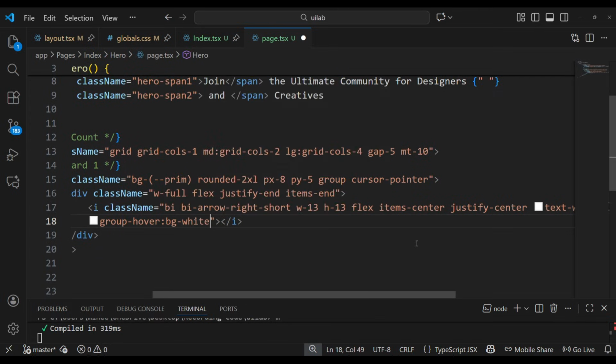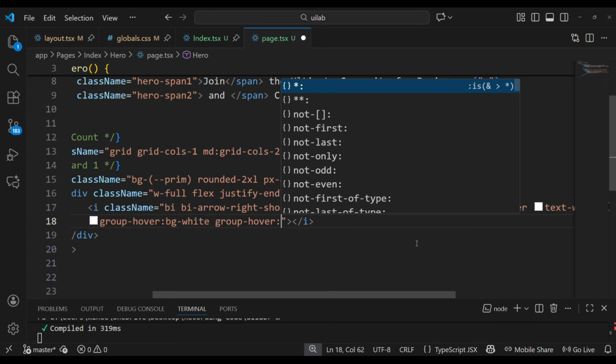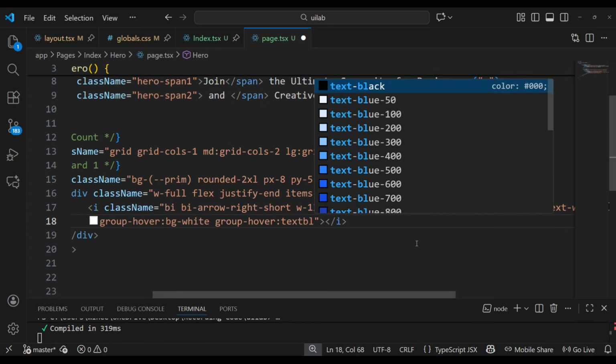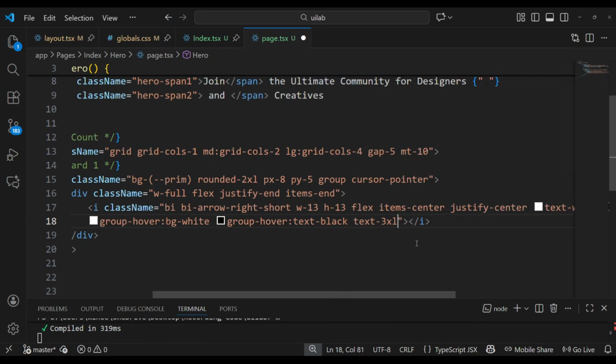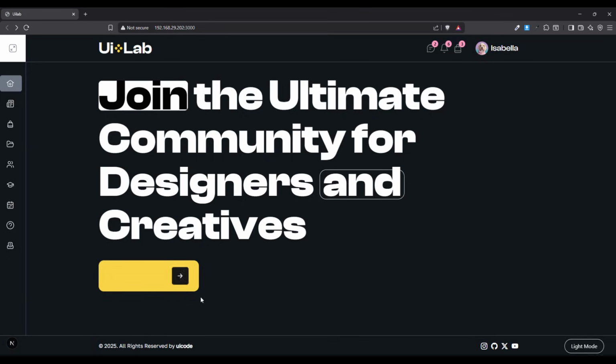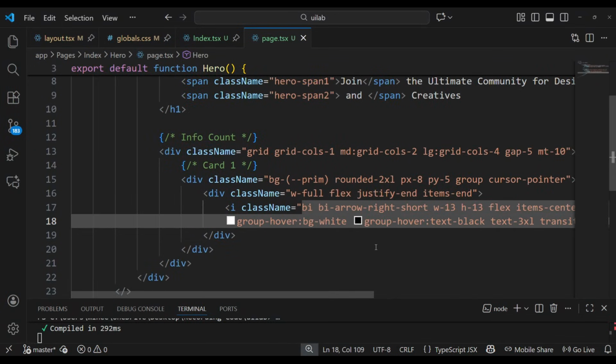and group-hover:bg-white, group-hover:text-black, text-3xl, and transition-all with duration-200. So now you can check that our icon button has been created inside the div element, and